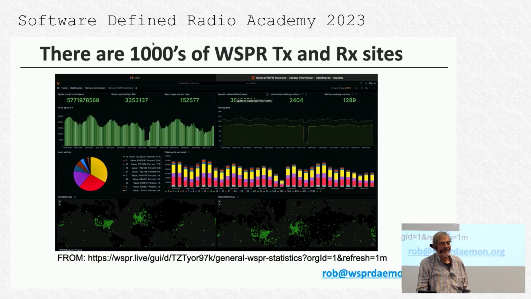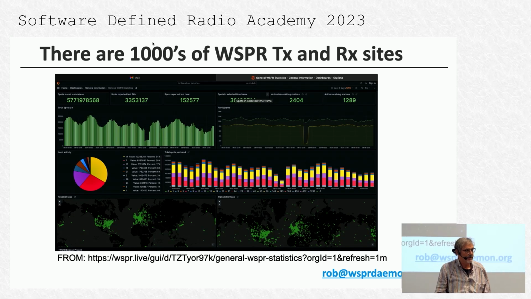Grafana pages that allow us to visualize the whisper and now the FST4W data sets. And this is one of his pages, which summarizes the activity, I think, over the last 24 hours. I took this a day or two ago. It shows the number of spots that are being recorded, and up in this corner, you can see there's 2404 transmitters worldwide, whisper transmitters and 4W transmitters, and 1,289 receive sites that reported spots during that 24-hour